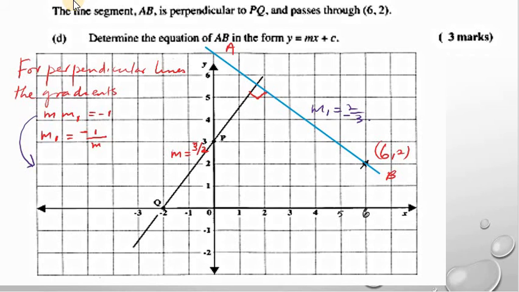Now, let me come back to this here. m times m1 equals minus 1. So m is equal to 3 on 2, m1 is negative 2 on 3. Multiply both of them. 1 by 1, 1 by 1, 1 by negative 1 is negative 1. So I got negative 1 there. So m1 is equal to negative 2/3. And the point is (6, 2). So using the point (6, 2) now,